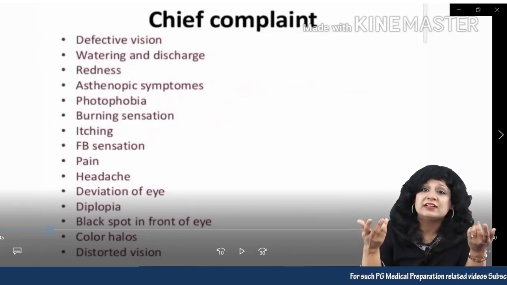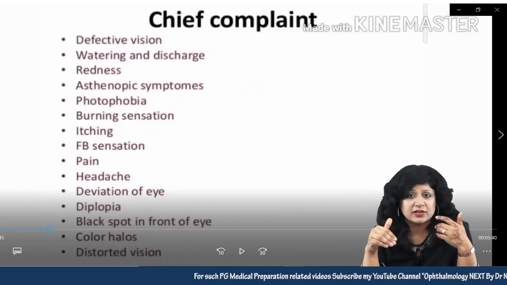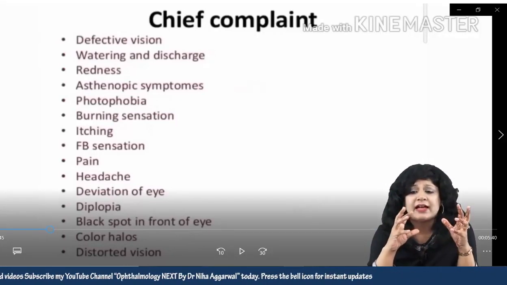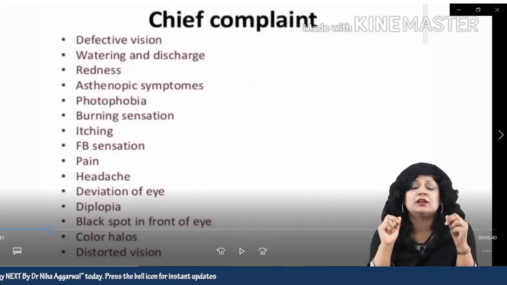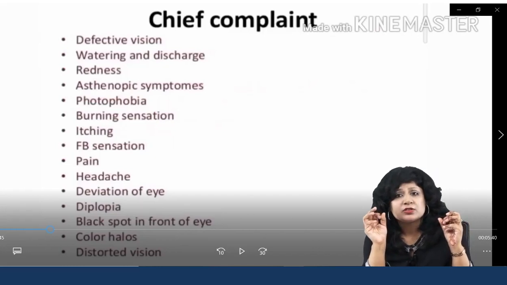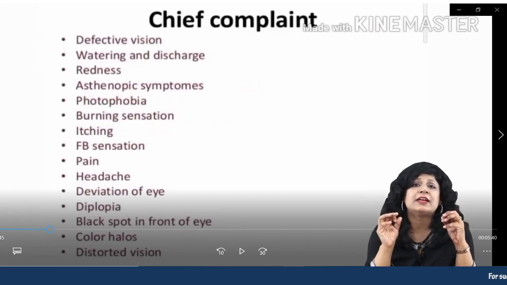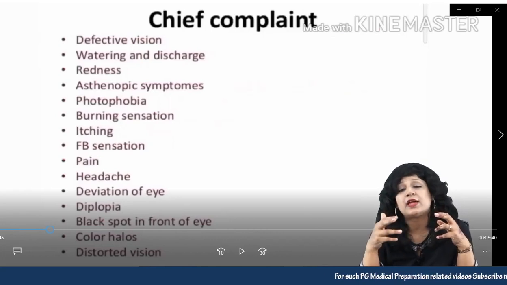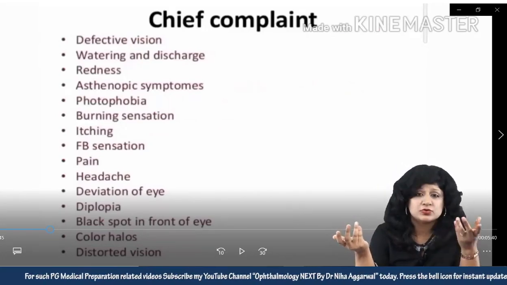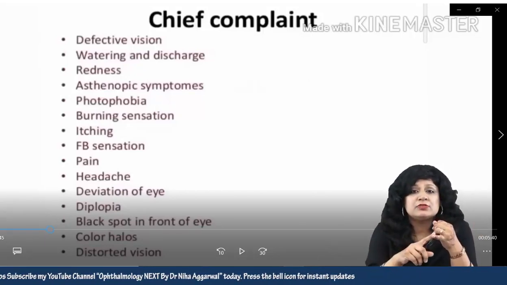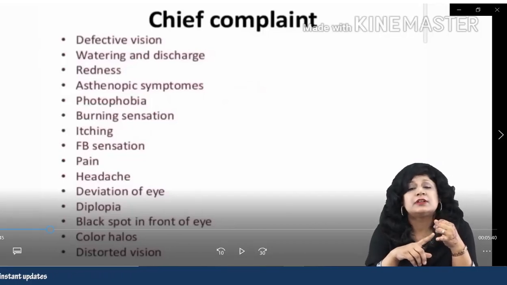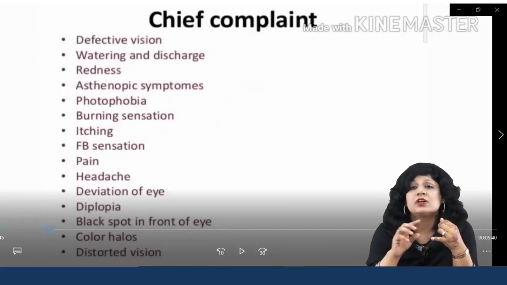Maybe the patient is having that complaint and he may not be telling you that one. Because they may have a low level of education, they may have a low IQ, they may not be educated. So every time you may not expect that they will tell you each and every symptom, because they may not find it relevant to tell you. So you have to ask about the defective vision. I think they will tell you about the defective vision, because a patient is always concerned about the